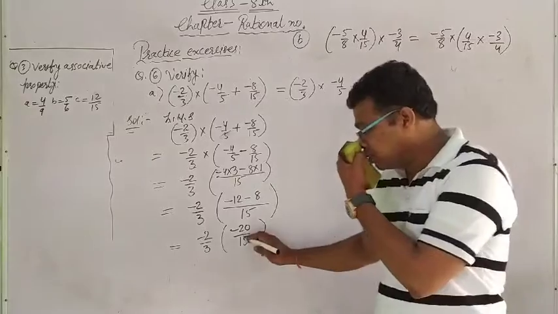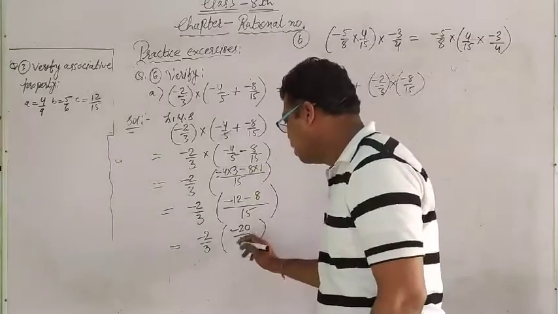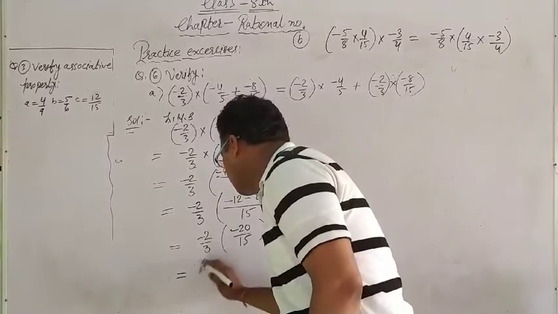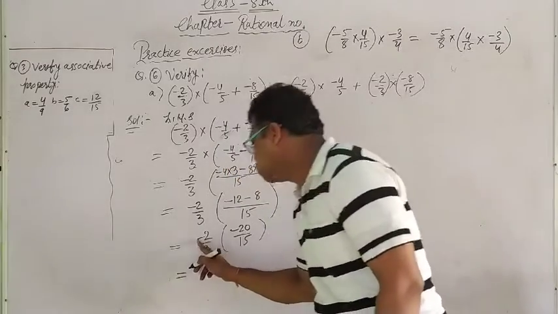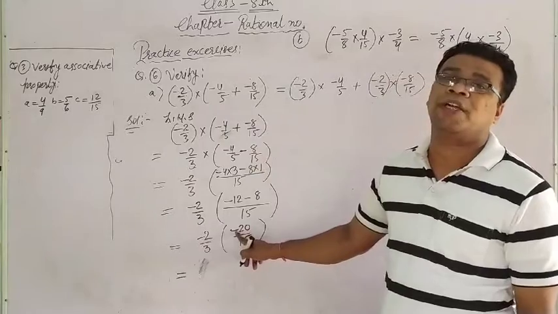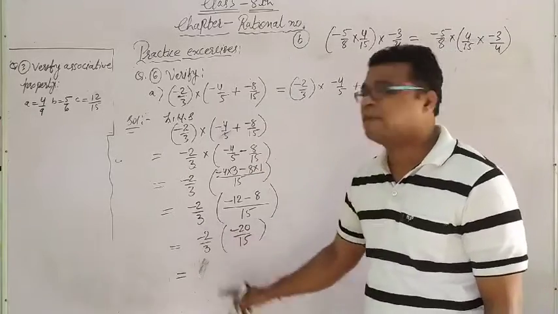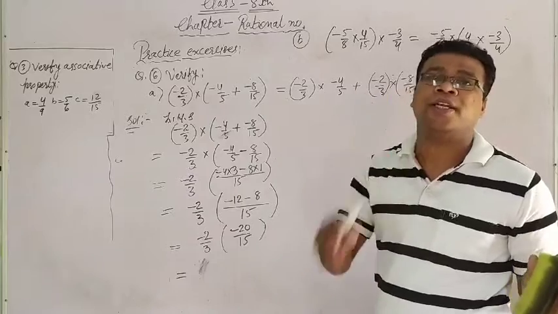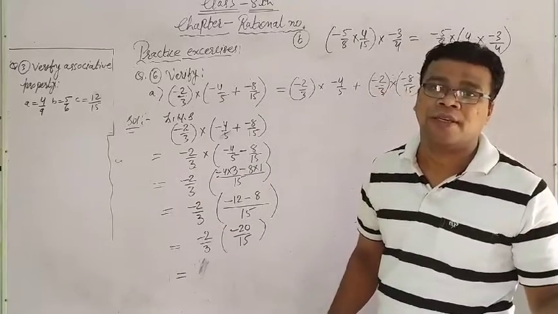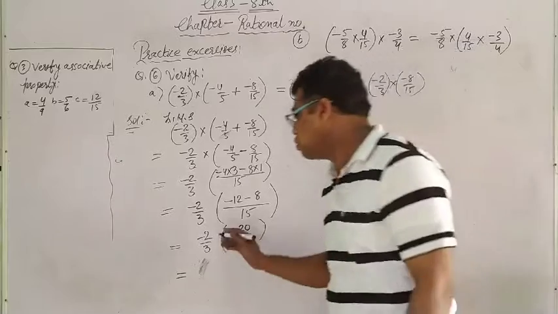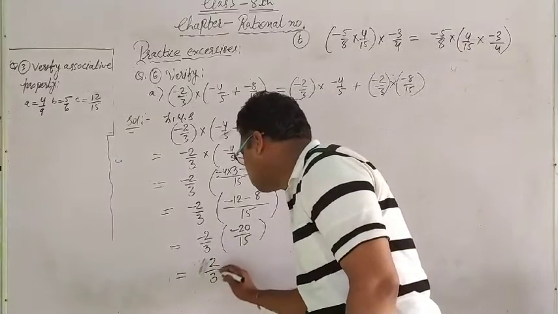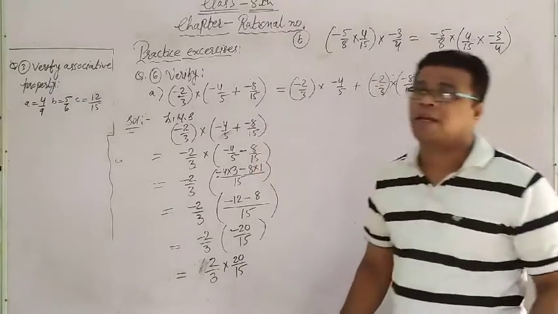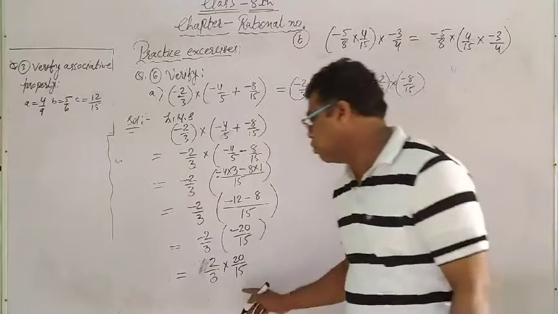Okay. Till here it is okay? Yes. Again we have to solve it. So very nice. No problem. Again see, minus 2 upon 3 into minus 20 upon 15. So both the minus and minus are going to be cancelled. Or you can say two negative signs make the positive sign, minus minus plus. So I can write down directly plus 2 upon 3 into 20 upon 15. Is it okay? Yes. Solve.